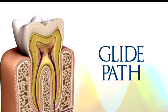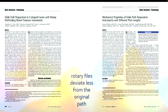Anyway, with manual files or rotary files, we need to establish a glide path if we want to go from the coronal to the apical third without problems, without ledges, without any kind of deviation from the original path of the root canal. And I'm not the one saying it, because if you look at the literature, you see that,